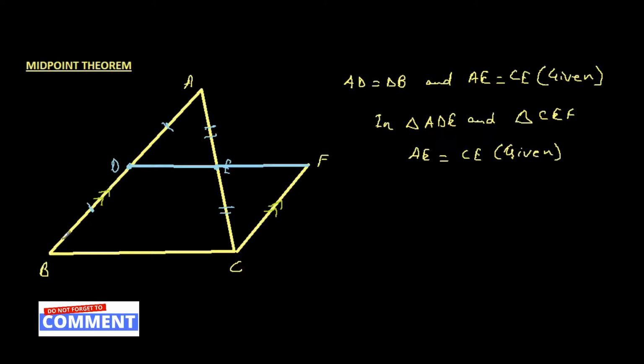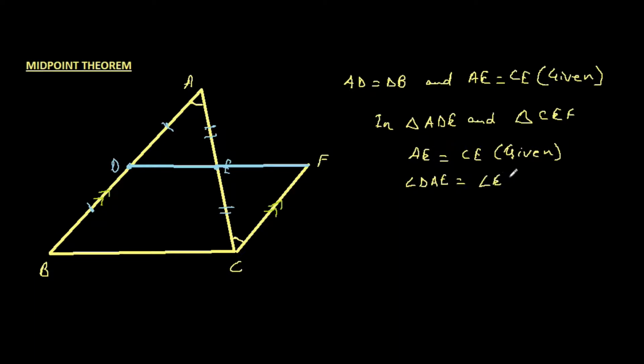CF is parallel to BD. So that means it's parallel to AB as well. So if I take these two lines, AB and this shorter line CF over here, they're both lines, and there's a transversal AC which is cutting across them. So we can say that the alternate interior angles will have to be equal since I've taken these two lines as parallel. So let me say that this angle here is going to be equal to this angle here, right? So let me name these angles. So we say that angle DAE is equal to angle ECF, and we write that they are alternate interior angles.